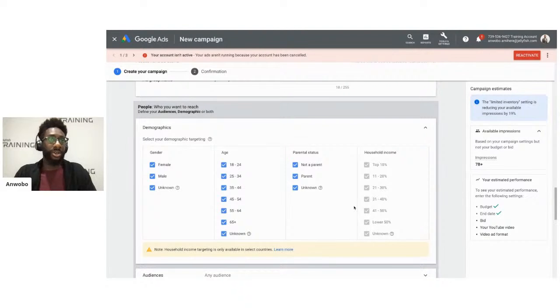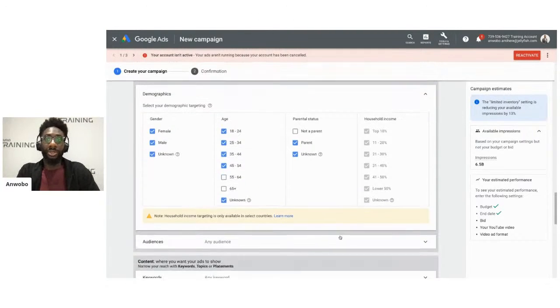So let's say because this is for the holidays, I want to target users who I think maybe are parents of young children. So therefore, parents can be either gender, the age, I want to make sure it's younger children, so maybe I'm going to get rid of some of the older demographics. And for parental status, I want to make sure that they are parents. Every single time I make a change here, you'll see the available impressions reorganize itself and change slightly there. It is just an estimation, but it gives you a good idea of the number of potential users who can see your ad.